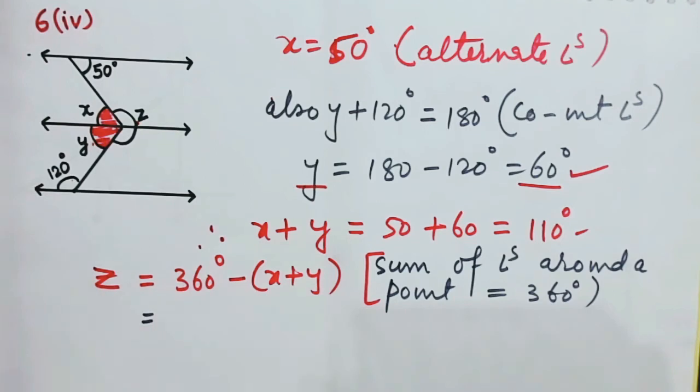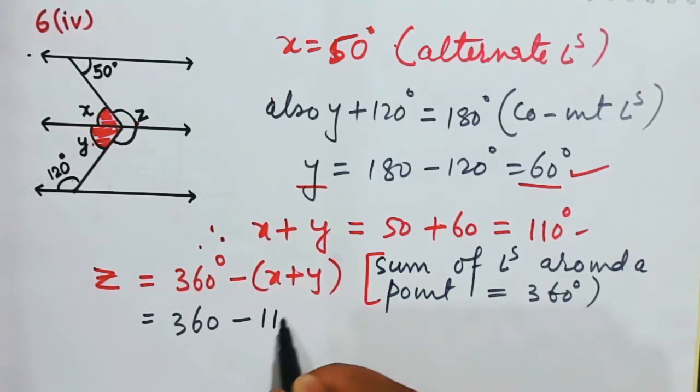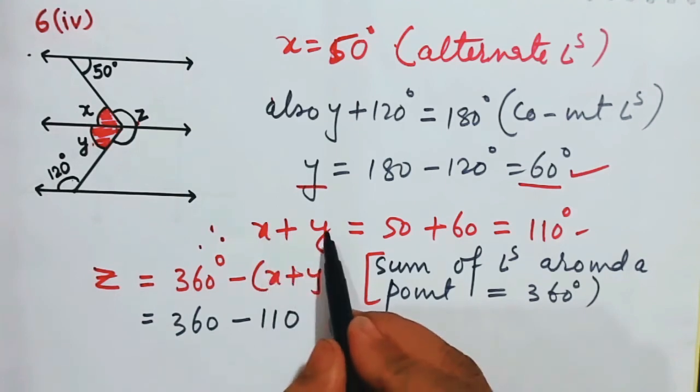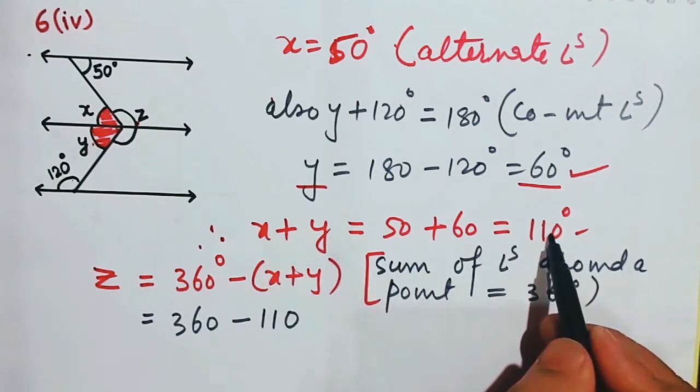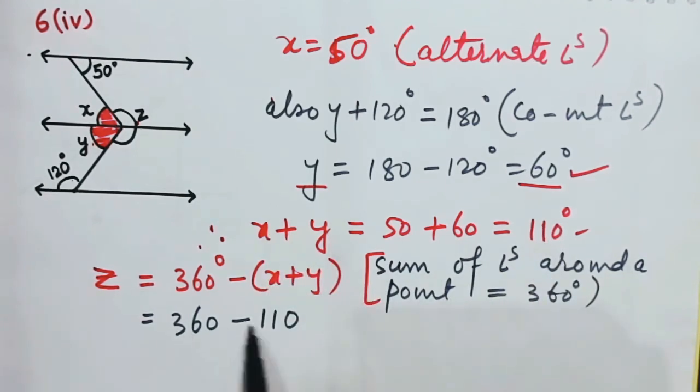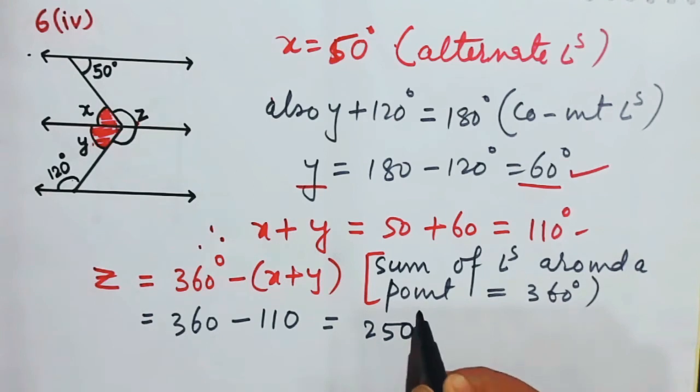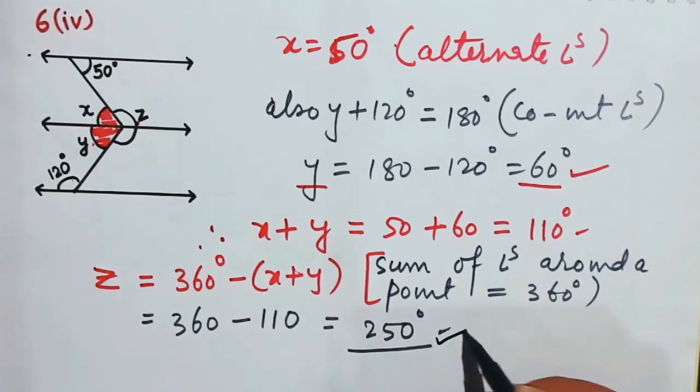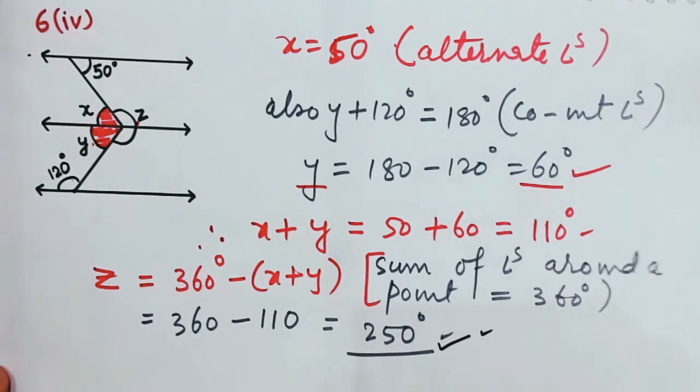Therefore, the value of z will be equal to 360 minus 110, because x plus y is equal to 110. Therefore, 360 minus 110 will be equal to 250 degrees. Don't you think that these questions are very easy? Clear? Let's concentrate on